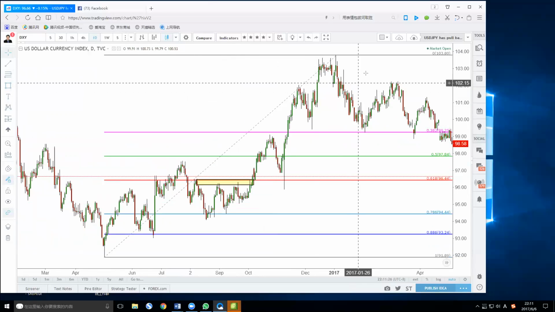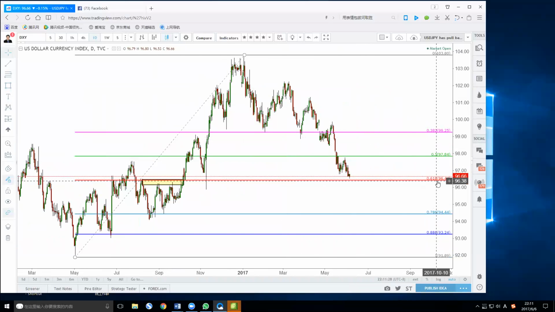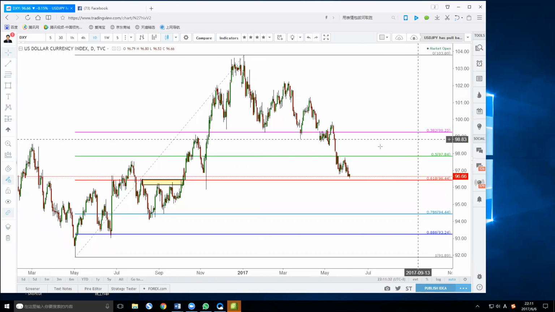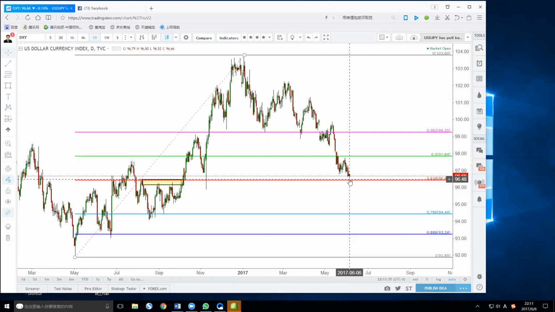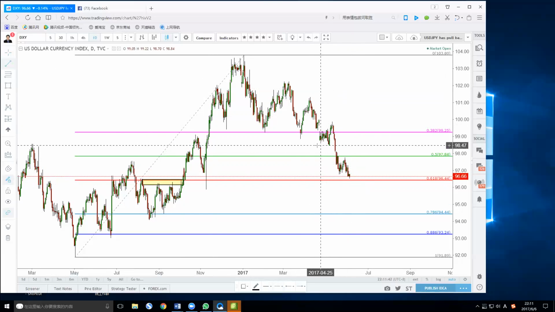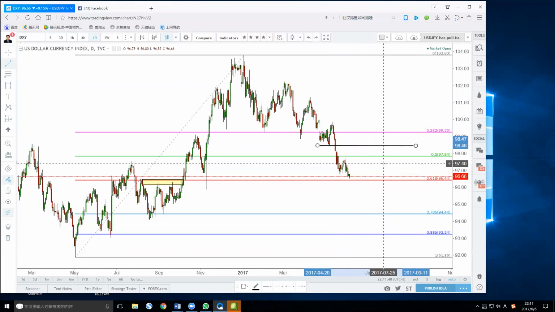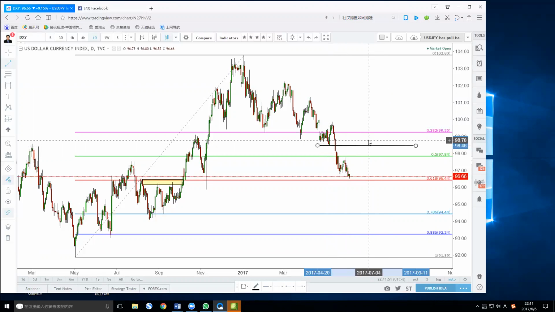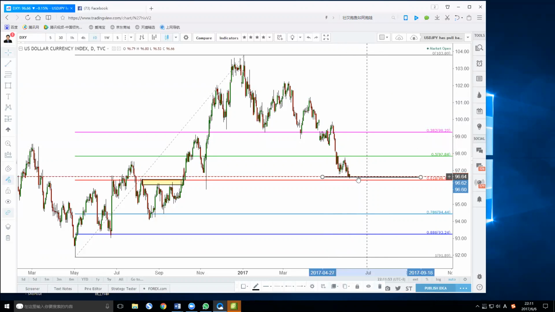So while the DXY is approaching this supporting level, I don't ask you guys to short. Don't short at a low place. If you want to short, find a pullback. Maybe the best time to short the DXY will be 98.47, this level. Wait for the pullback to here and then short, you will have a very good return because you are selling high. Don't sell low. If you sell here, what if it pulls back to 98.40? You will be suffering.